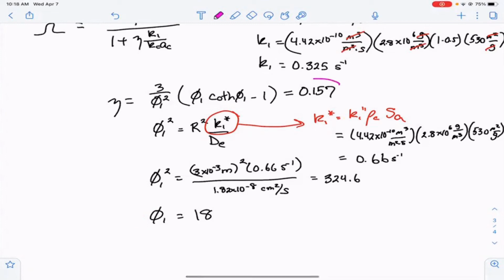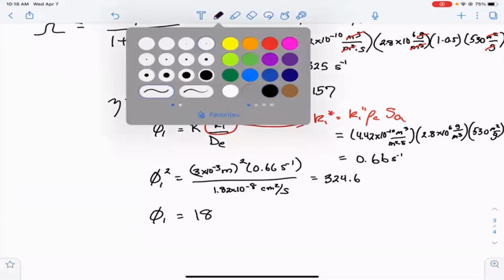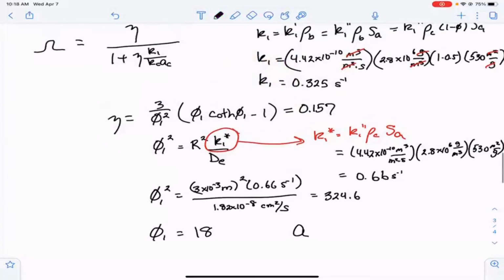So my value here is 0.157. Theirs in the book is 0.167, and that's very simply because they didn't follow their own rules. Okay. Now, to find AC, the last two parameters that we need here, AC and KC,